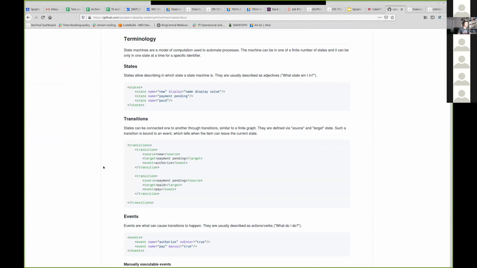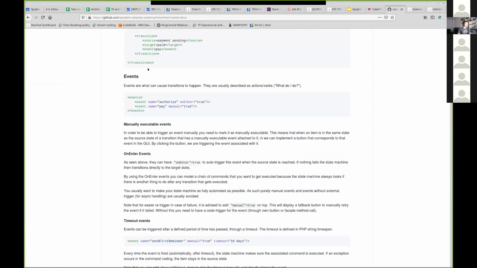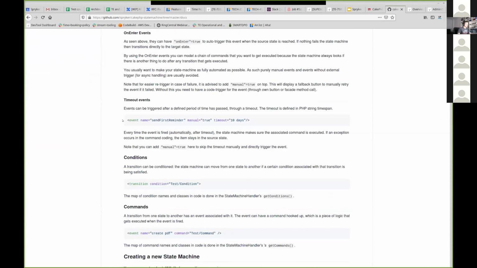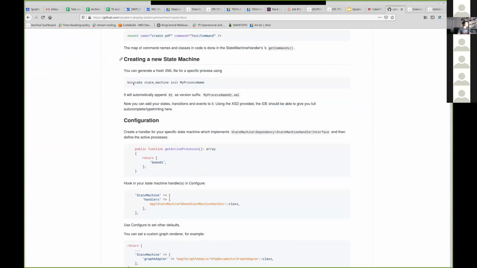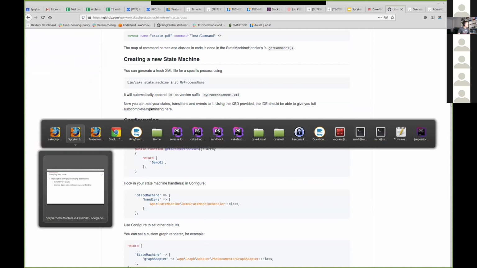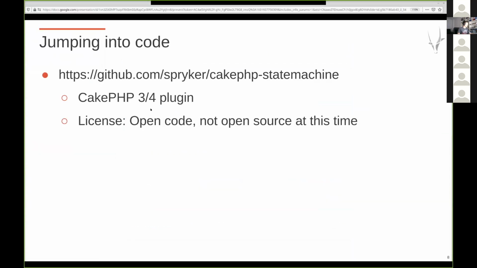It contains first the explanation, the terminology of the different words that are used. It has a bit more explanation on certain things. For example, that some events that you might have seen can be automatically transitioning on enter, and others will have a button to press depending on what's going on. Okay, before I go deeper, let's go back to the actual